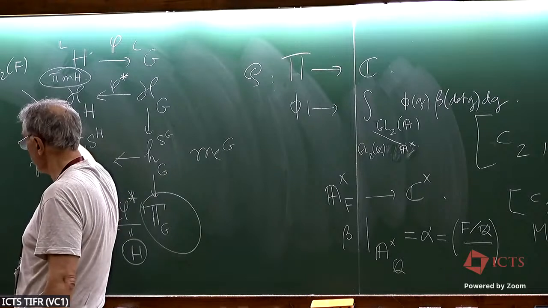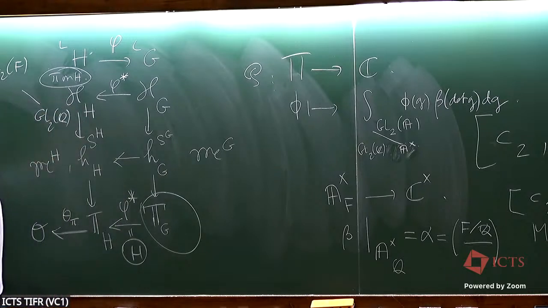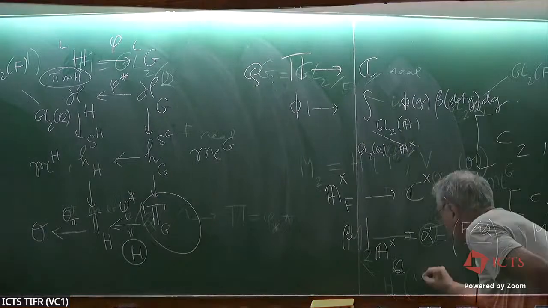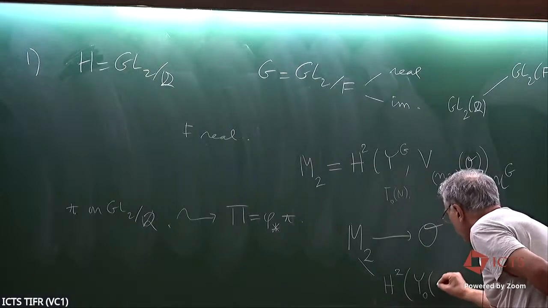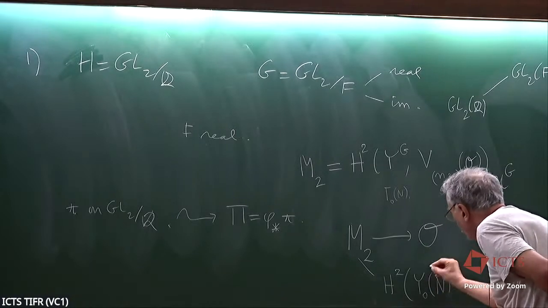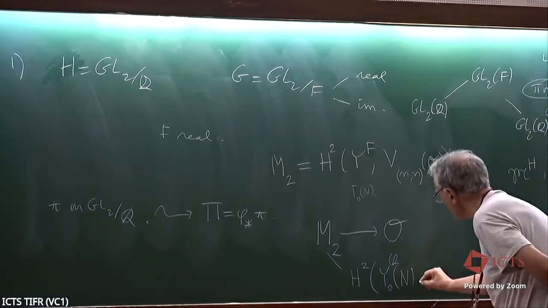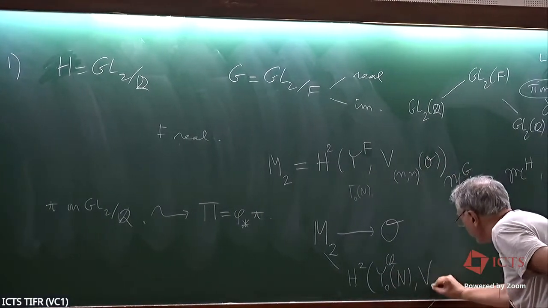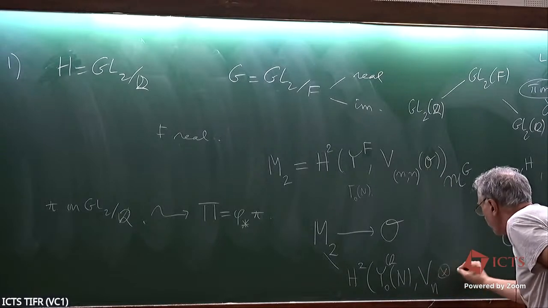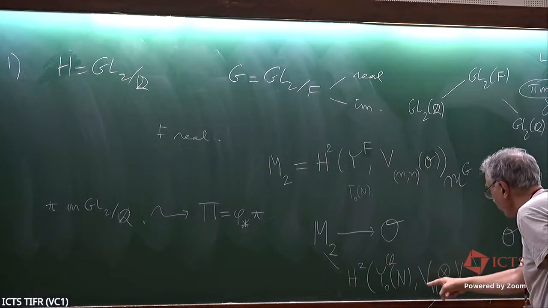Okay, this is my H tilde. So what I do is to consider the restriction. I restrict to H2 of the modular curve, the classical modular curve, this is over Q. This is, if you like, over F. This is over Q. And you restrict this sheaf, and this sheaf becomes a tensor product of the sheaf Vn